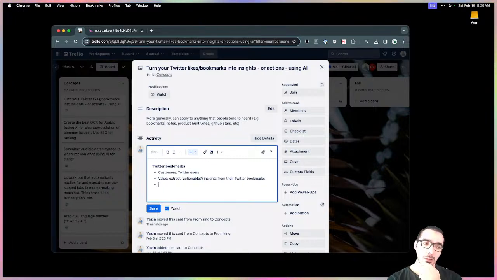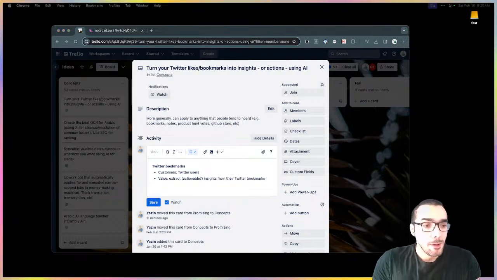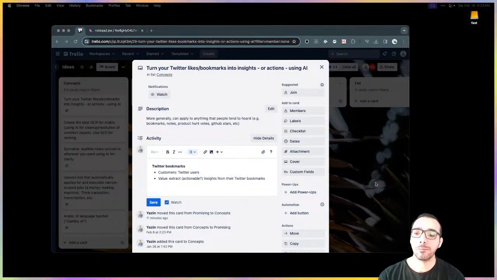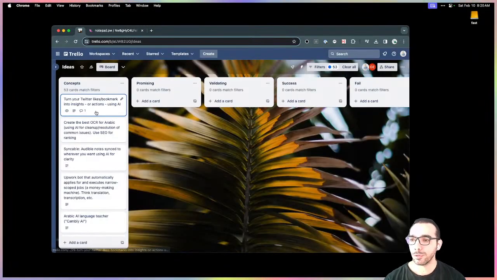I don't know how much that would be worth. I think we need to dig into it a little bit more, but it definitely sounds like the sort of thing that would be useful. Pretty easy to build too. I don't think this is going to be that complicated. It should be pretty easy to build. So, okay, this is cool. I like this. I think this is pretty promising.